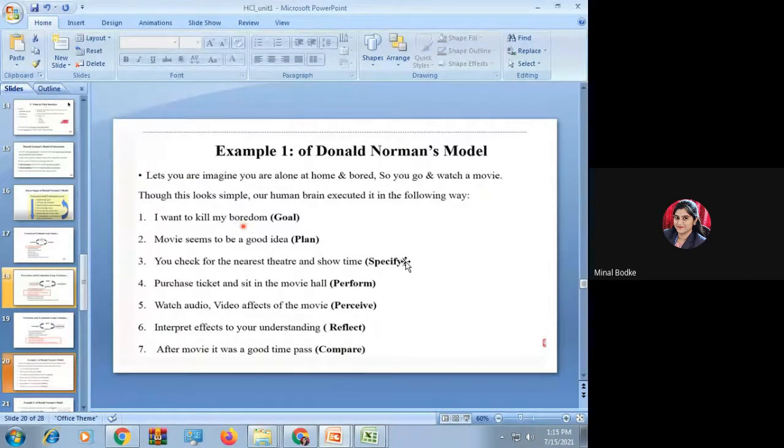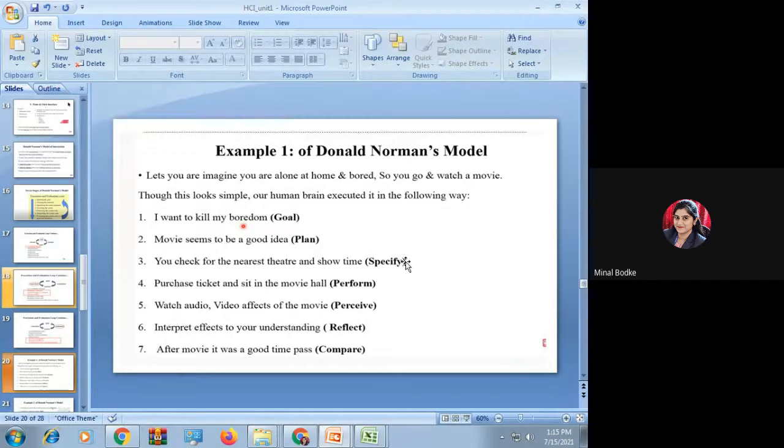Now you're watching the movie, the audio and video effects of the movie. That is nothing but perceiving the system, or doing the observation. Next is interpret. After watching the movie, once you come out, you're going to interpret or conclude the movie. Last is evaluating.